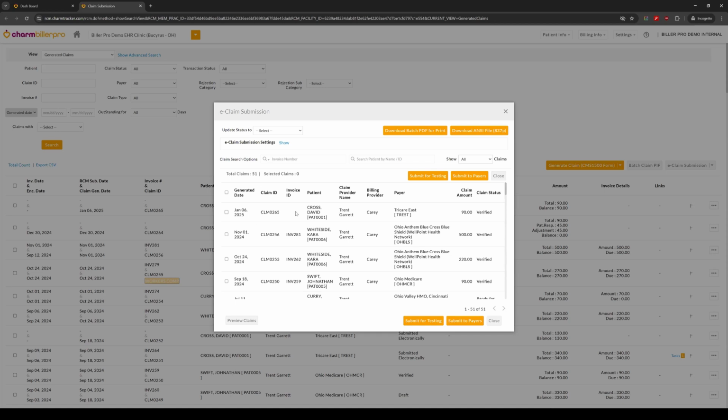So over here, we have a list of all the claims that are ready to be sent out, and you'll see that there are several options here. One is submit for testing. This is an Optum specific option. So currently we are integrated with Optum Clearinghouse, and this e-claim submission and electronic submission directly to a clearinghouse currently